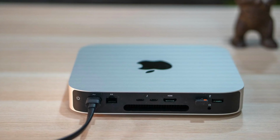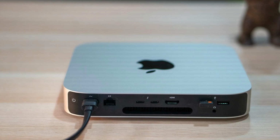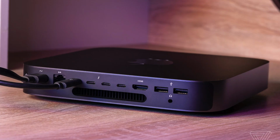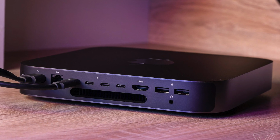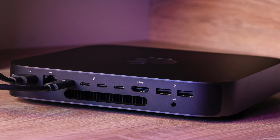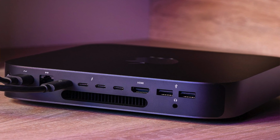So in case you didn't know, the Mac Mini has basically had pretty much the same form factor for how many years? 10, 12, 14? Anybody keep count? I haven't. Feels like it's basically been in the same exact shell forever. They did spice it up in 2018 by replacing the silver with a space gray version, and then when they did the Apple Silicon transition, they immediately went back to the silver Mac Mini design that we were very much familiar with. But obviously, especially when you consider where technology has gone today, the Mac Mini started to seem less and less mini